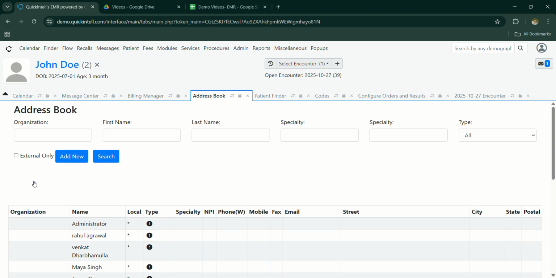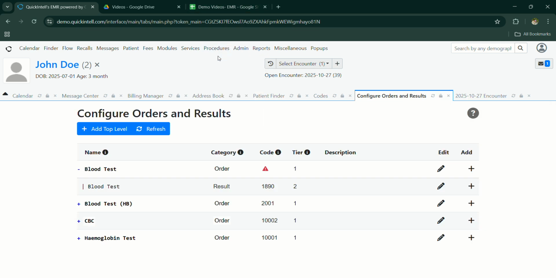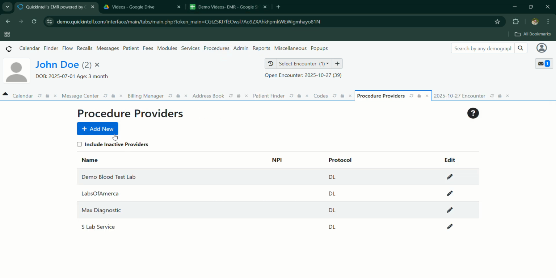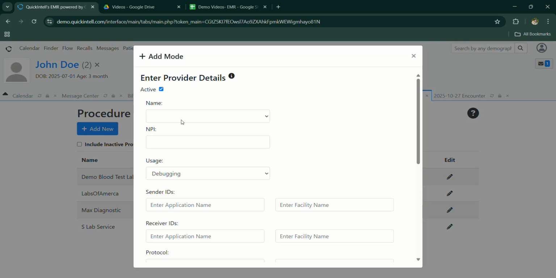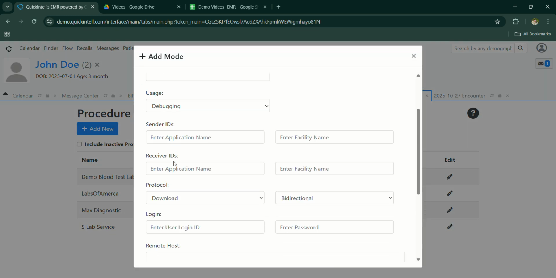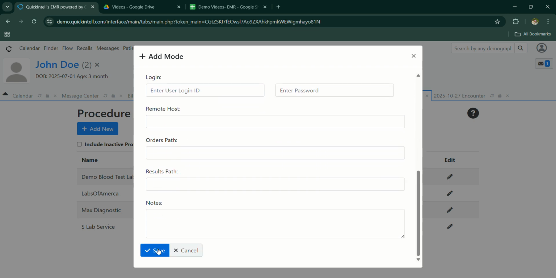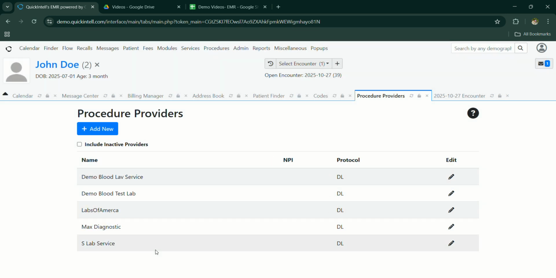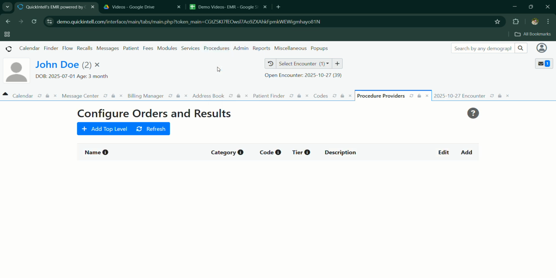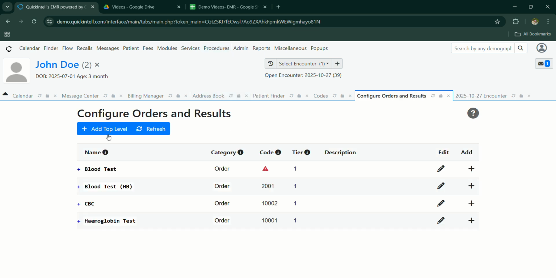Now for creating a lab procedure, we will go to procedure and providers. Then here we will add a new provider. The name would be the demo blood lab service, and then we will just click on save. Now we will go to procedure, then configuration, then we'll click on add,